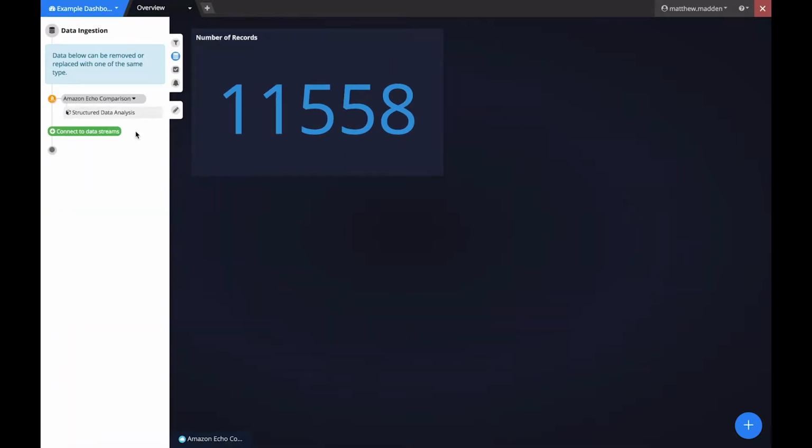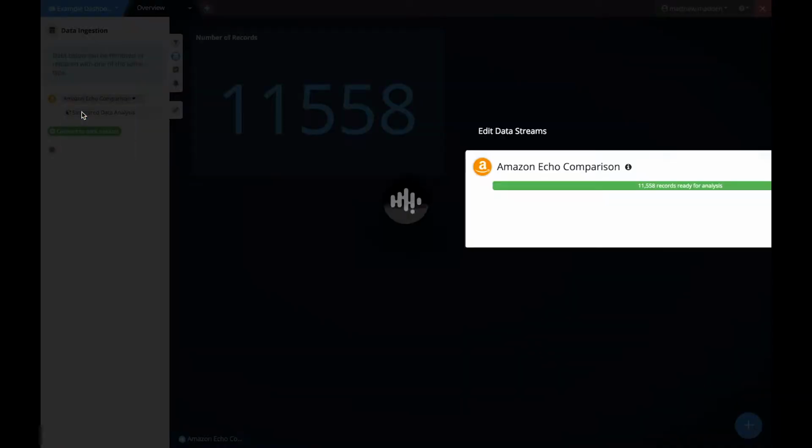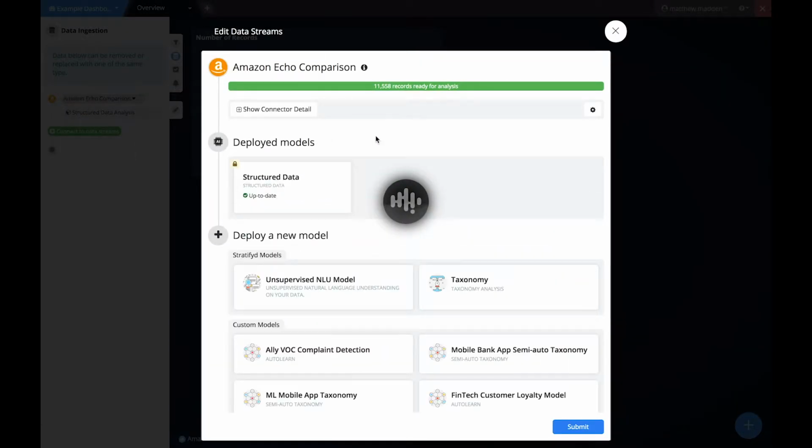First, if we already have our stream ingested, as we see here with our Amazon Echo data, we can simply select this data set by clicking on it and then selecting Edit, and we'll see our structured data here in the dashboard. To deploy an unsupervised NLU model from here, I'll simply click on Unsupervised NLU Model,